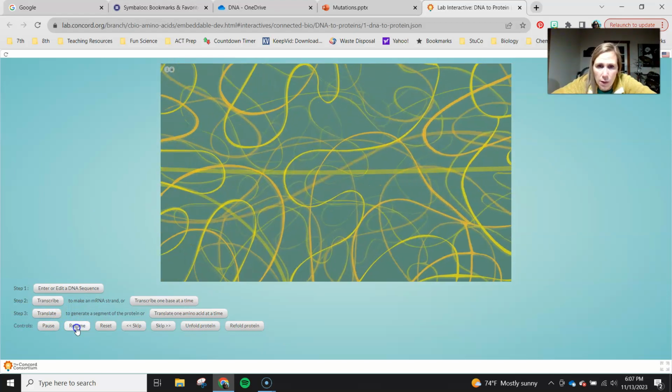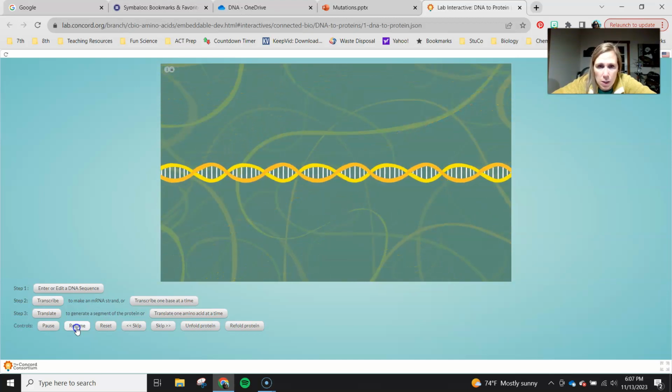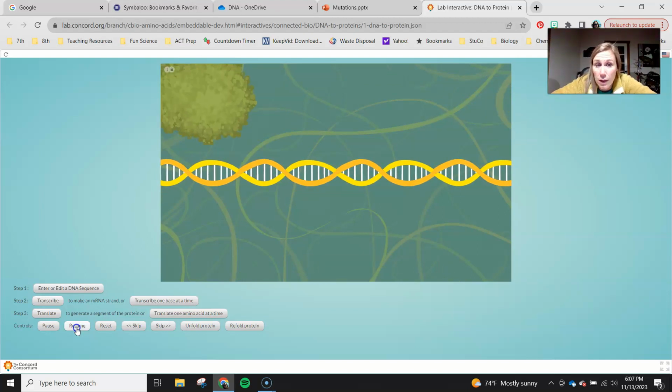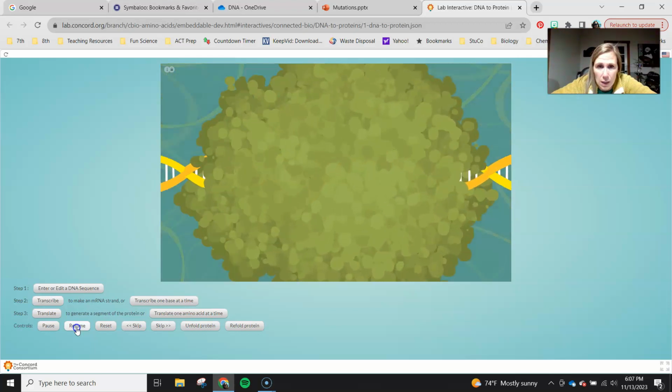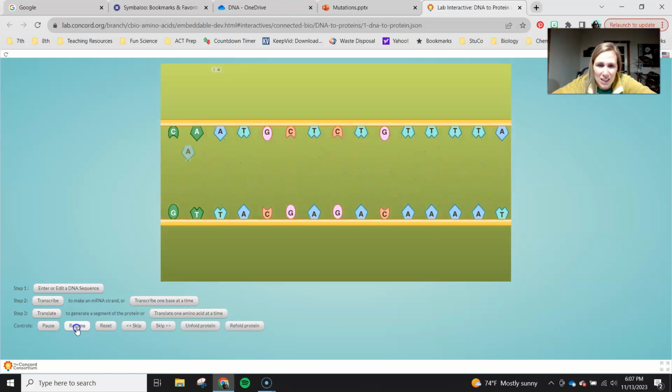Okay, so we go to the nucleus of our cell. We find all of those little squigglies, which are our DNA, and we can zoom in on our little double helix right there. And it's going to show us the strand that we just inputted. Sorry, it slowed down on me and stopped. Okay, so it's going to split our DNA into two strands,